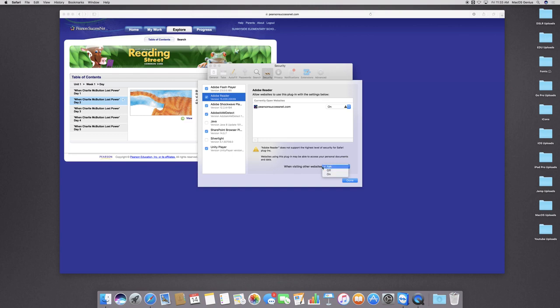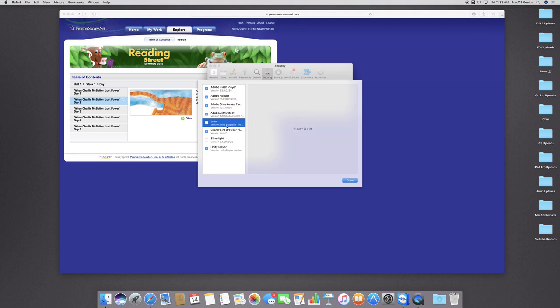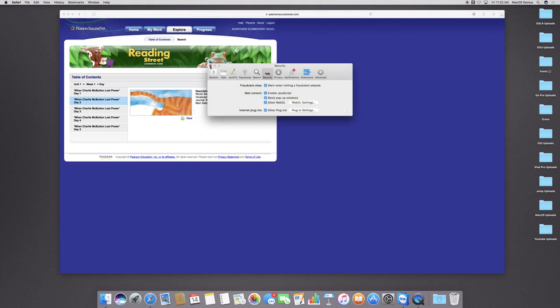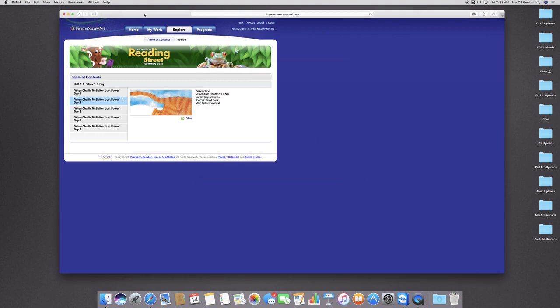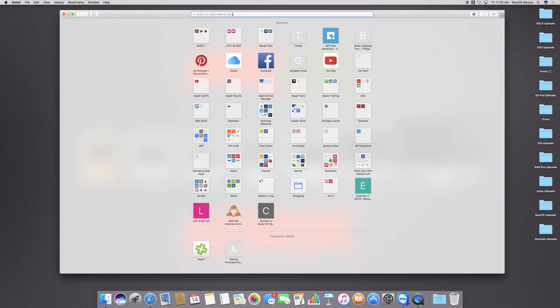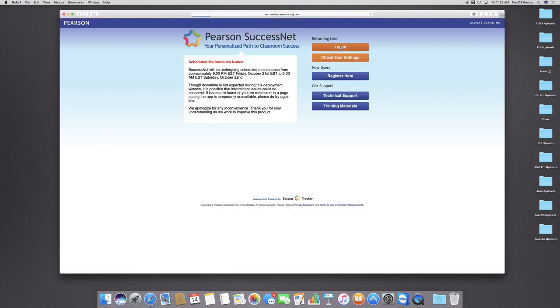Here, you want to say when visiting other websites, you want to select on because you do not get a prompt that's saying, hey, would you like to use Adobe Reader itself instead of using the Pearson preview of Apple. So we normally leave those on. That's on for Flash. Shockwave, you don't need to worry about. Any of these other apps, you don't need to worry about. So just hit done, close this window. Now, what I always do is quit the application and start it up again. Normally that would work for me. You can probably do it without quitting the application and just go straight to